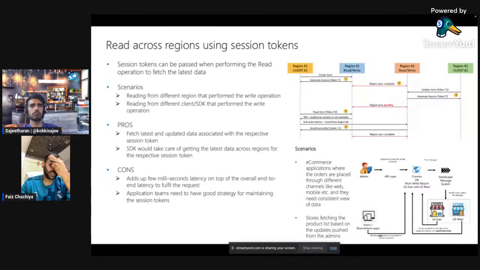Now, the way teams are solving this problem is by using session tokens. So what they really do here is that whenever there's a write happening in region one,